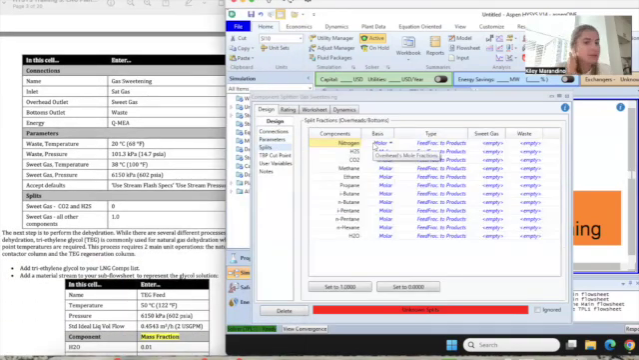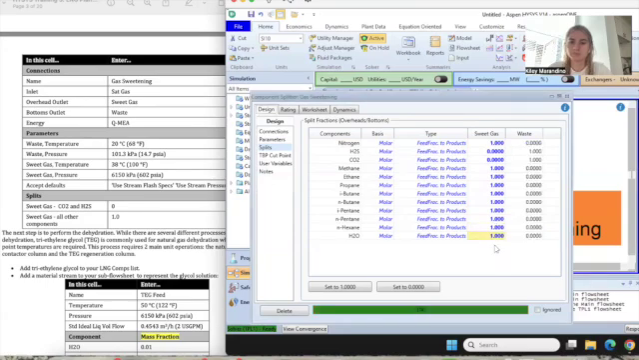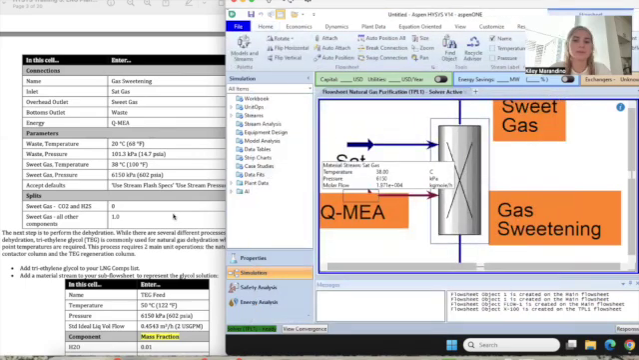Next, we're going to go into our split section. We're going to make CO2 and H2S 0 in our sweet gas. And then the rest we're going to put as 1. Now our component splitter has converged, so we should be good to move on to the next step, where we're